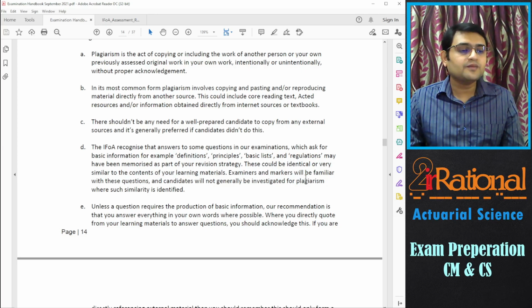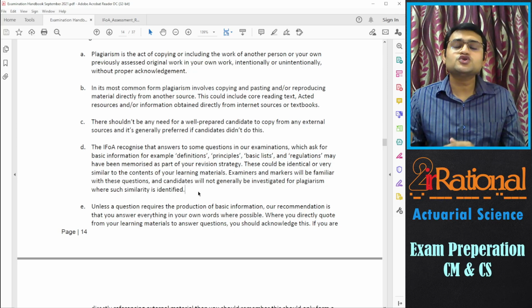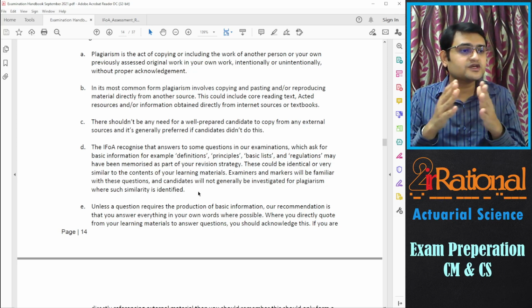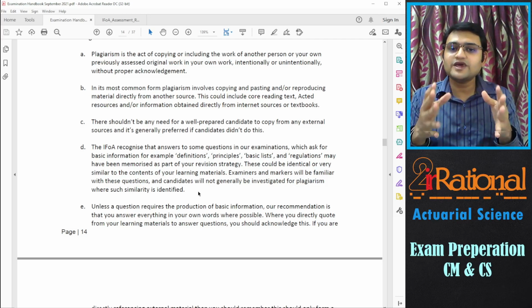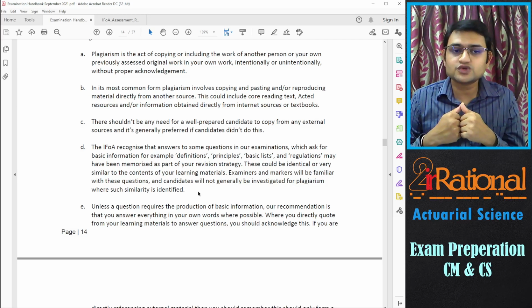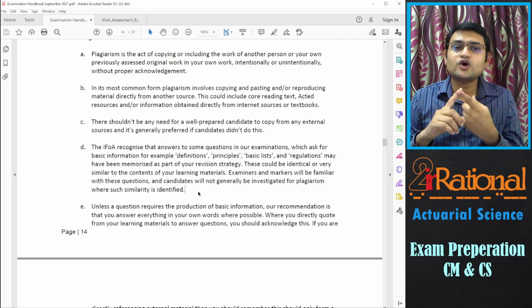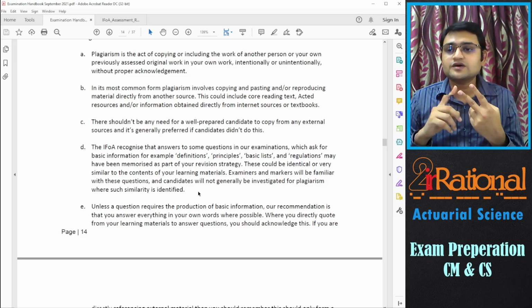Examiners and markers will be familiar with these questions, and candidates will not generally be investigated for plagiarism where such similarities are identified. So they know the definitions, basic principles, and basic topics. They can be exactly the same because you can memorize those things. First of all, they try not to ask such questions. Second of all, even if they ask, they make sure that it will not be taken as plagiarism.